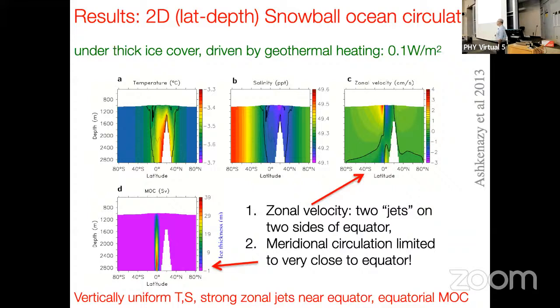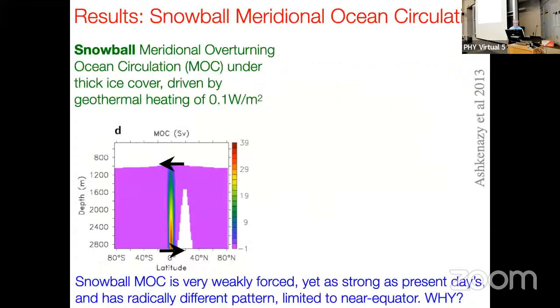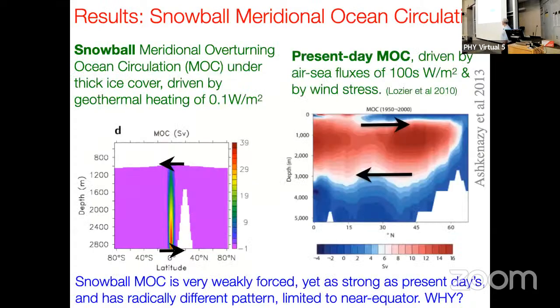When we got that, for months we were convinced that there was actually a bug in the code somewhere. This is the MIT GCM. How could the overturning look like that? So a big part of this would be to explain why the overturning looks like this. So here's the overturning again. Just to remind you, this is the present day overturning. You have water flowing all the way to the North Atlantic, sinking, coming back. But in this case, the whole overturning happens just at the equator itself and nowhere else. So that was a big puzzle.